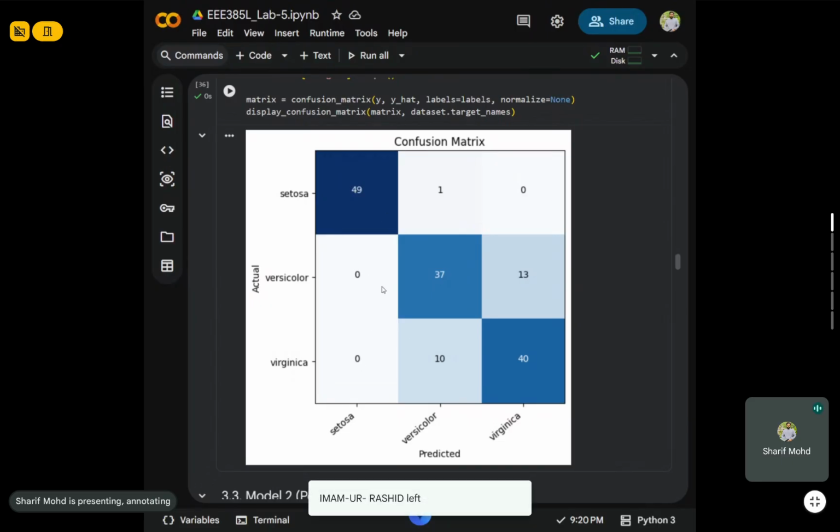So total 50, total 50, total 50, actual setosa, right, is 50, but only 49 has been correctly predicted as setosa, one has been predicted versicolor, so this one is actually wrong। So this is how your confusion matrix is supposed to be understood।